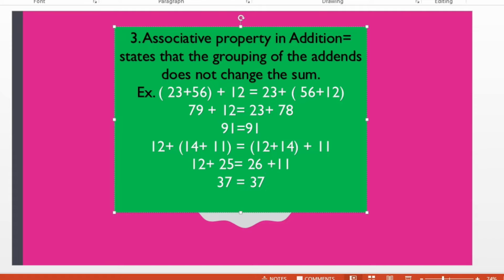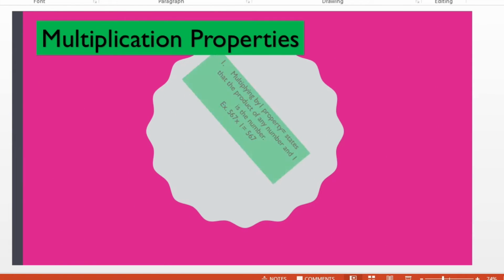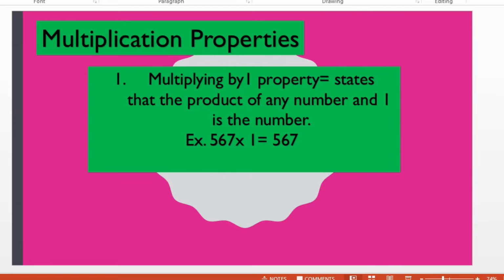After the addition, we proceed to multiplication. Multiplication properties. First is multiplying by one property, or sometimes it's called identity property of multiplication. So multiplying by one property states that the product of any number and 1 is the number. So for example,